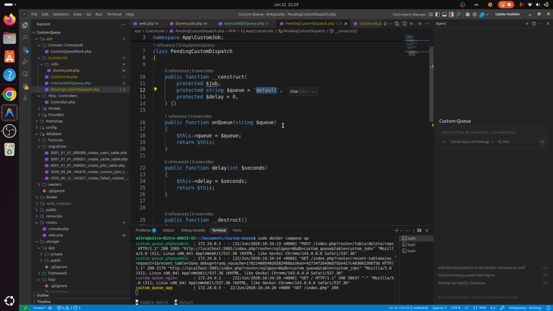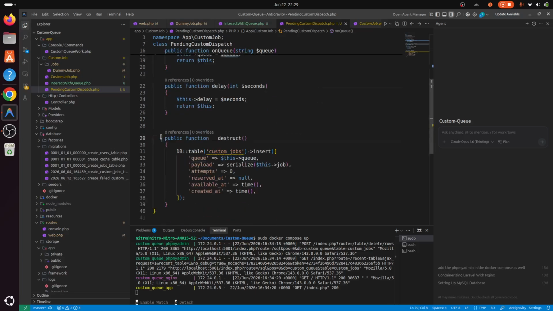This should set our constructor q to be high, and then once this object is destructed, it will store our job inside our custom jobs table with the value of this q, and then the job. The delay should be added to available at plus delay. We are just delaying the available at time